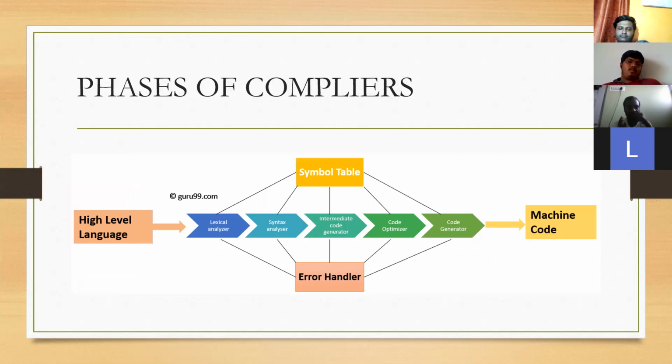Next, the lexical analyzer output, which has been broken into tokens, goes to the syntax analyzer. In the syntax analyzer, it reads the strings and grammar present in the source code, and it transfers to the intermediate code generator. In the intermediate code generator, the source code is converted into intermediate code. In the code optimizer, the white space, comments, and unwanted things are removed, and next it is taken to the code generator, and finally it is converted into the machine level language program.